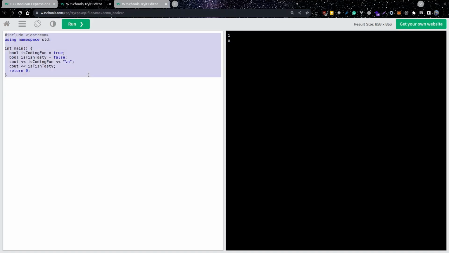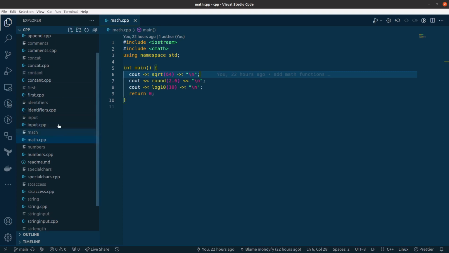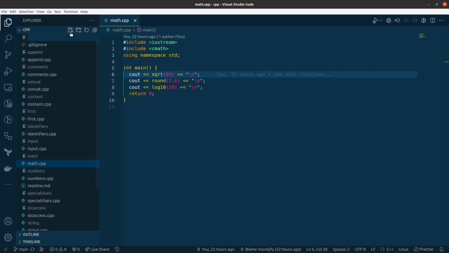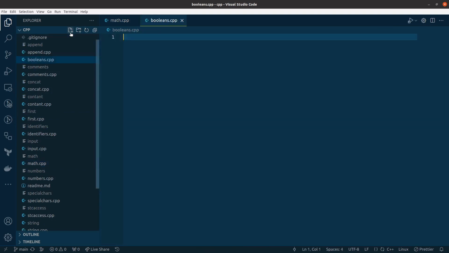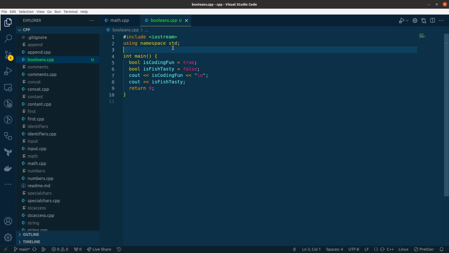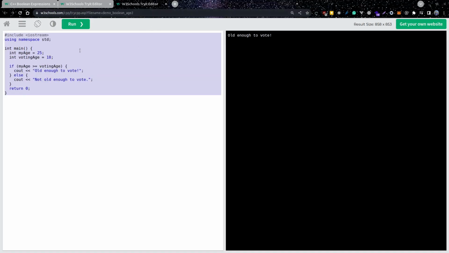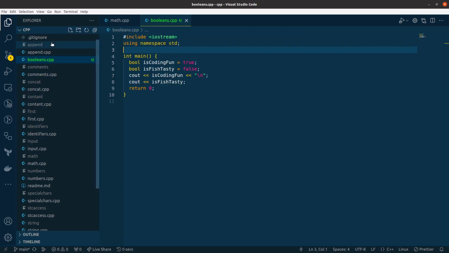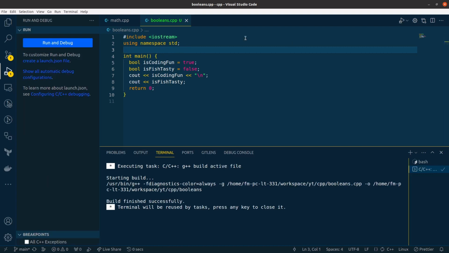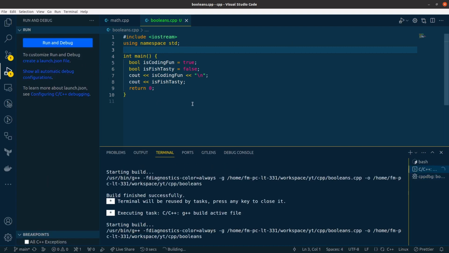Let me print that. booleans.cpp, and then print it. And for these conditionals, we will see all of them in the conditionals section, like if else. Okay, so let's run and debug, and we should get